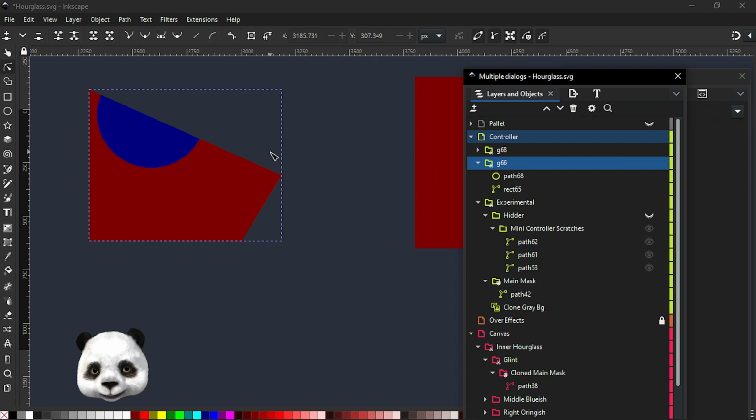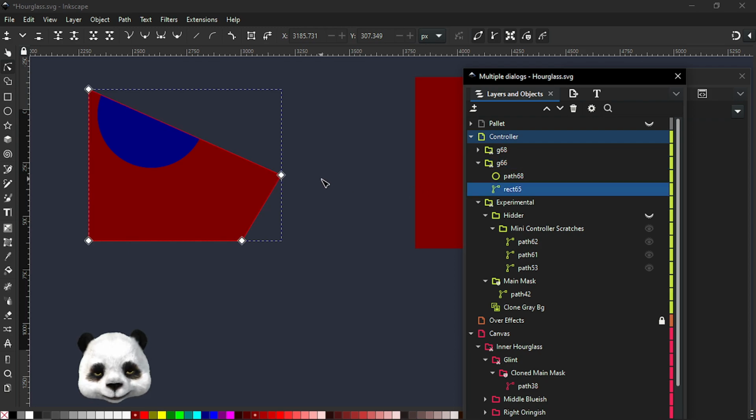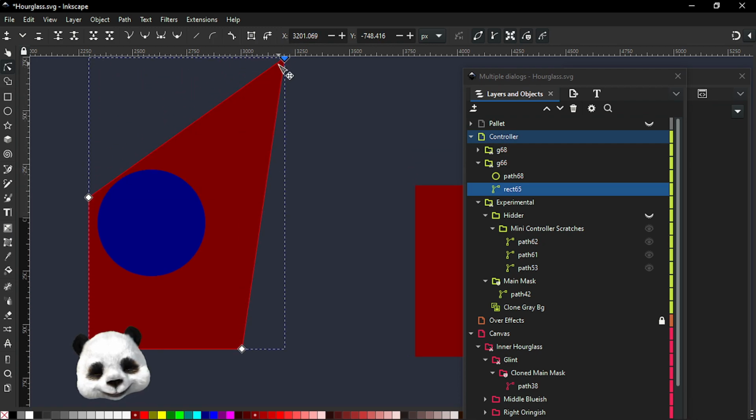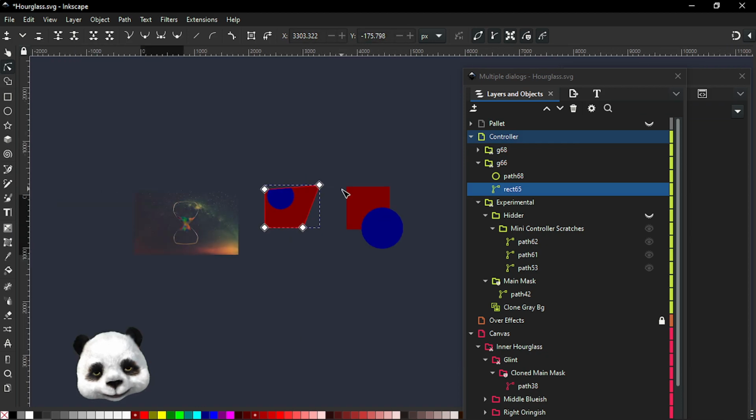Obviously, you can't control this because it's a clone, and we know that clones can't be edited, but this one can. So the clip of the path is of the path itself inside the clip, which is kind of a paradox if you think about it. It's like we're breaking the laws of physics here. Not really, but whatever. But it's really cool. So if you want to simplify the group clipping to not have such a complex hierarchy in here, and I mean still group